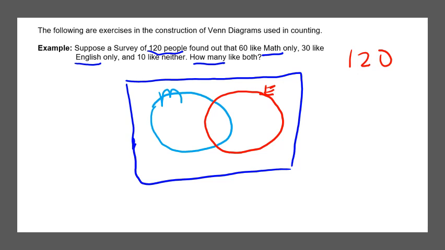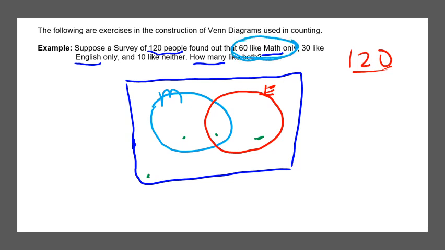I'm trying to find a number that fits in exactly one region right now. The 120 can be divvied up into several different regions, right? I'll just mark them with a little green dot. One region, another region, another region, another region, right? I don't know how it breaks up. But when I look at the 60,